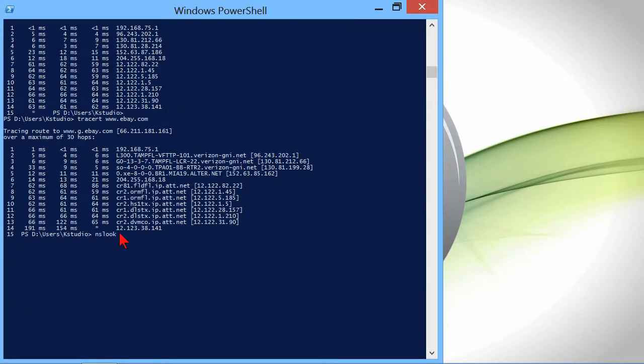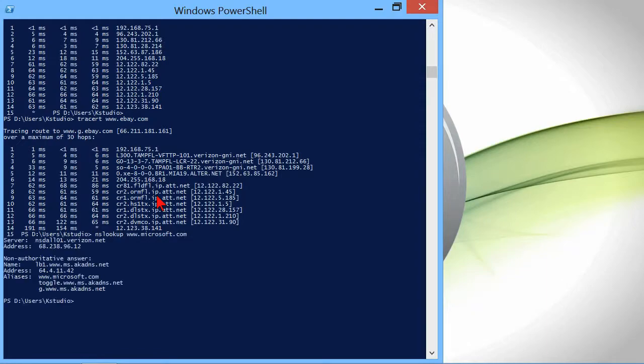nslookup we looked at before, just a quick lookup of different addresses. You want to do a lookup, it'll tell you who your server is and its address, and it'll show you the non-authoritative answers. nslookup can also be used internally to list out service records and A records on an internal DNS server. The PowerShell equivalent to that was Resolve-DnsName,